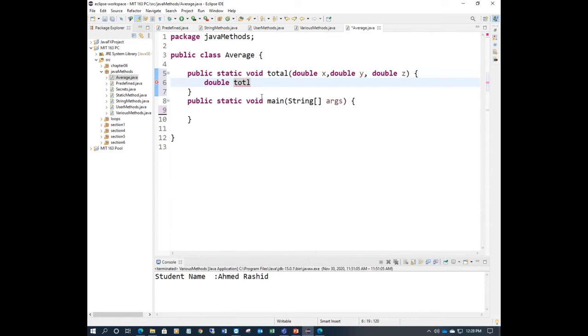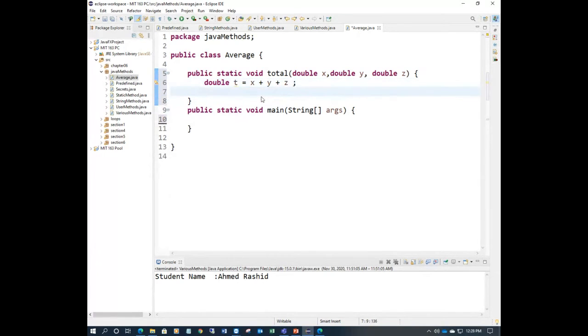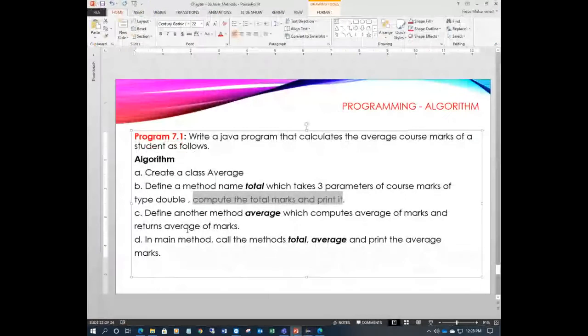So in this one, at least to avoid confusion, x plus y plus z. This is the total you're computing, right? Now you print it. System.out, total marks. That's your method, right? Now let's go to the next one.